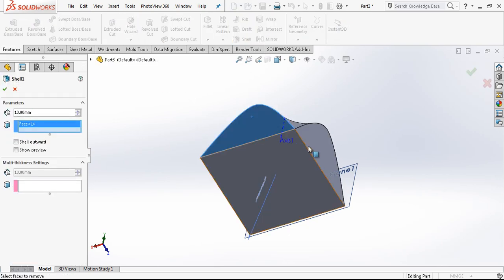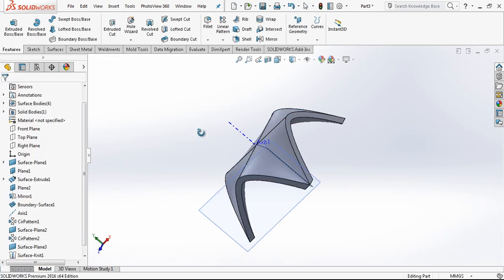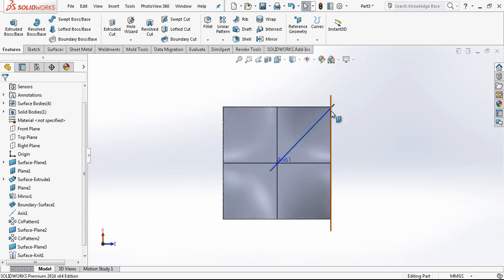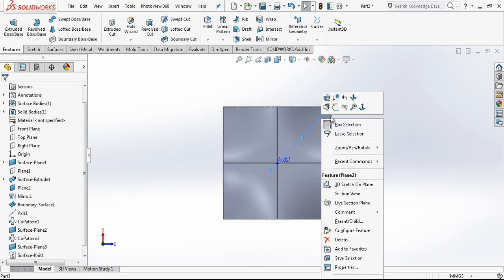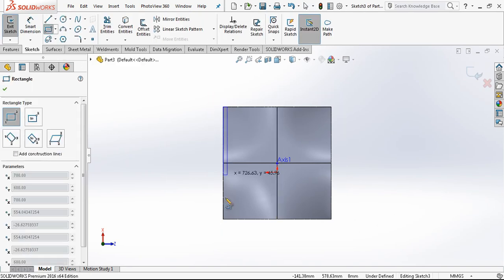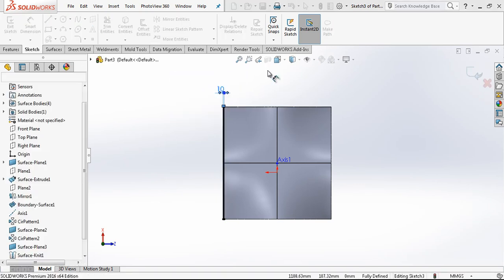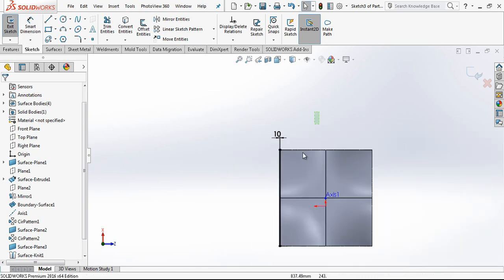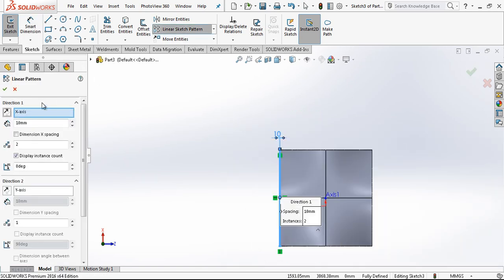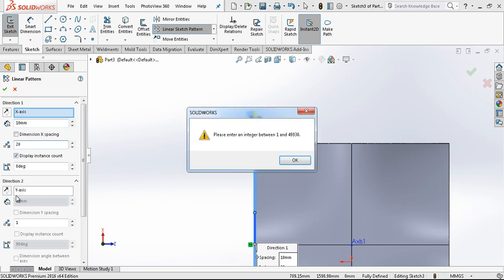And with shell we are creating a 70 millimeter thick shell here. Now I close all my unnecessary planes. We are on top plane, and in the corner I am creating a 10 thick rectangle by choosing it with linear sketch pattern. I am copying 20 times, so it's going to be in the y-axis